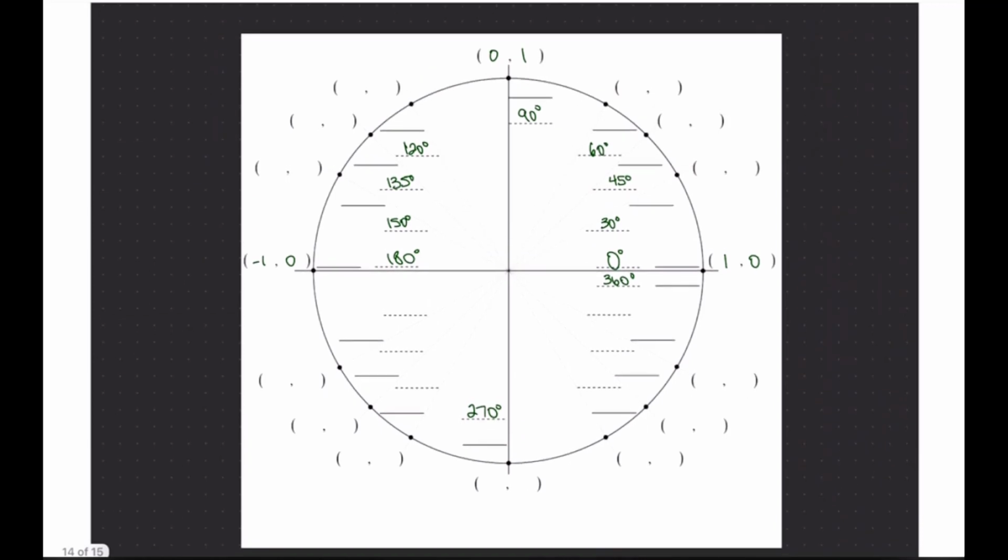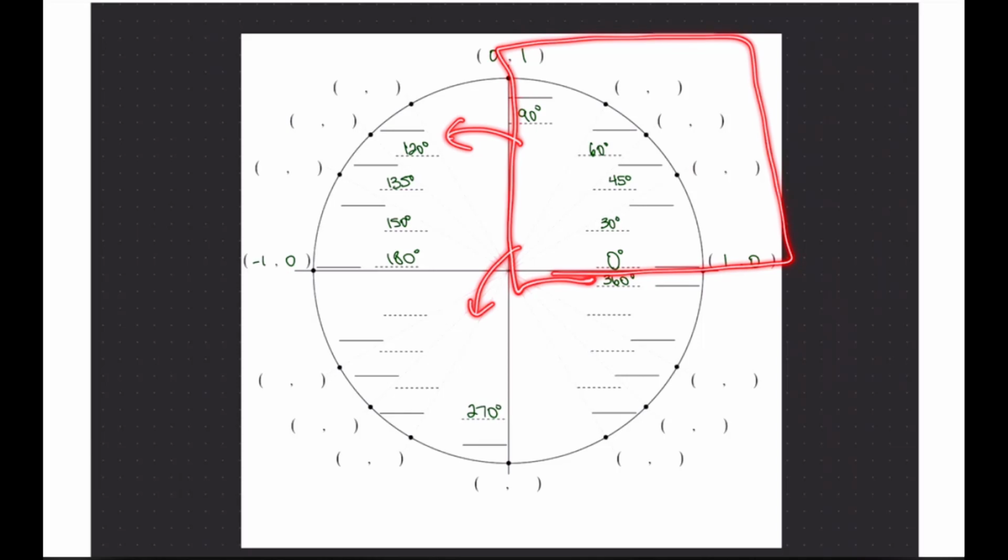So I want you guys to be able to fill out all of these points in this first quadrant. And then tomorrow we'll talk about how to get all of the rest of them. So you don't have to make